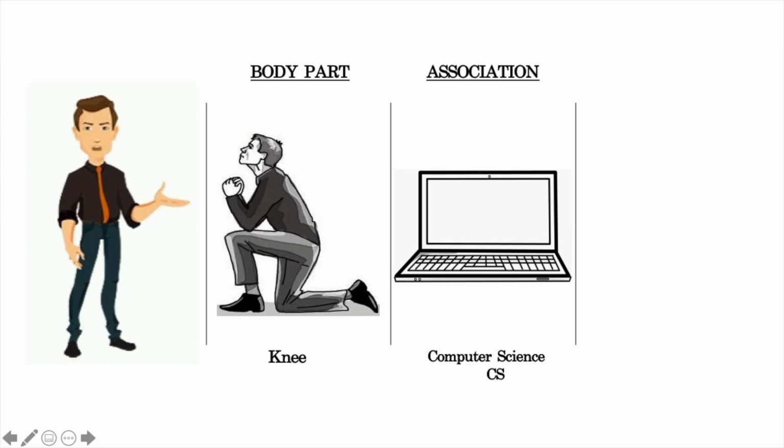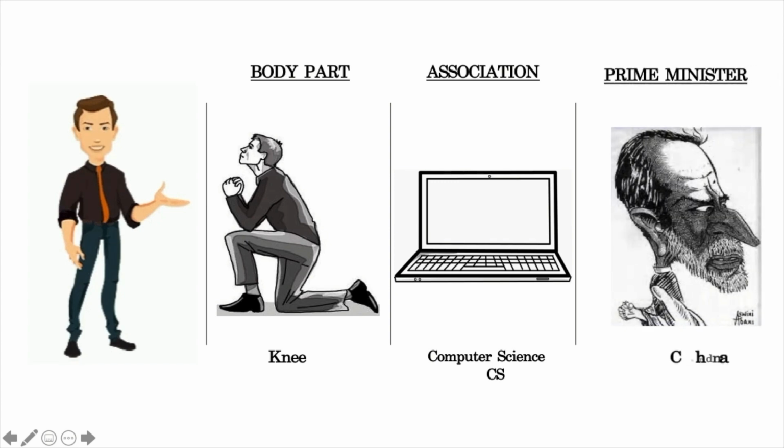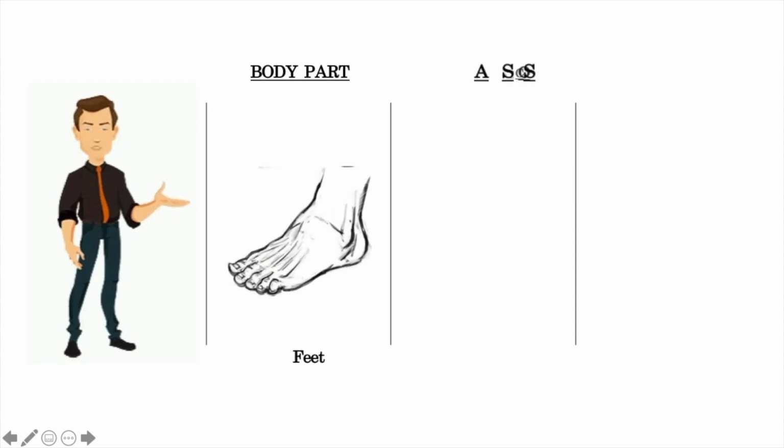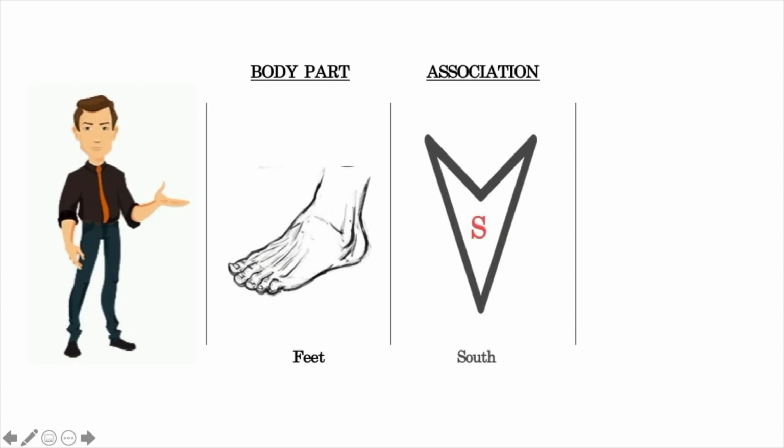So CS stands for Chandrasekhar. So the next Prime Minister is Chandrasekhar. After Chandrasekhar, let's see who the Prime Minister is. And Chandrasekhar is the 9th Prime Minister. And now we are going to see who the 10th Prime Minister is using the last body part, which is